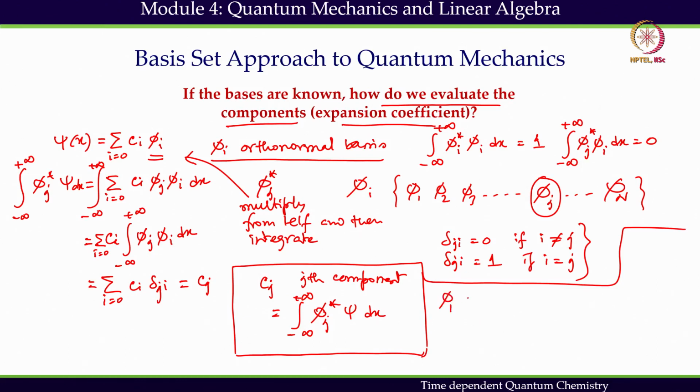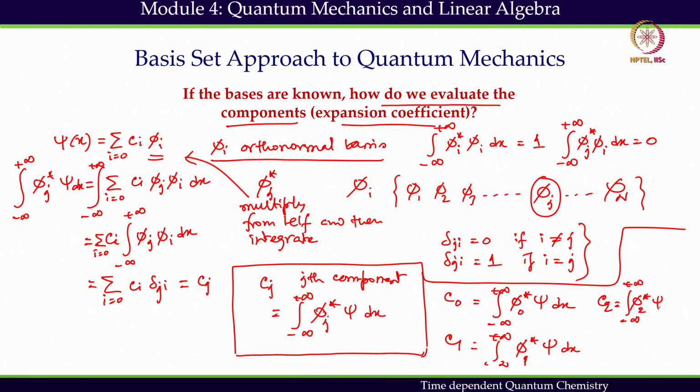So, C 0 I will get as the integral from minus infinity to plus infinity of phi 0 star psi dx. C 1 I will get as the integral of phi 1 star psi dx. C 2 I will get as the integral of phi 2 star psi dx. So, this is the way to get the expansion coefficients. Once we get these expansion coefficients, I can express psi as C 0, C 1, C 2 like this,